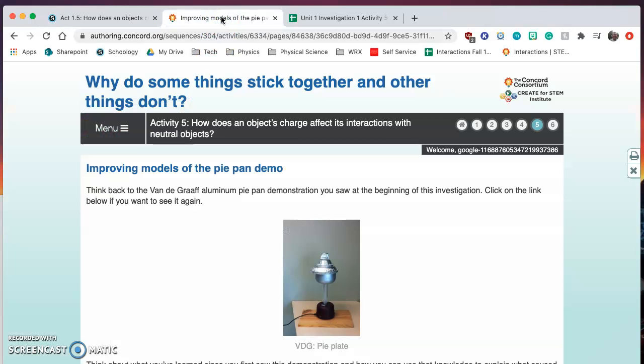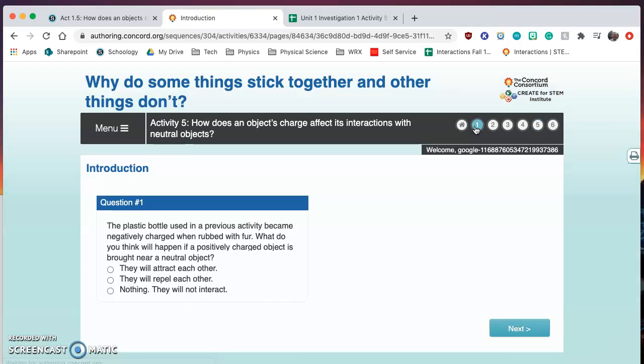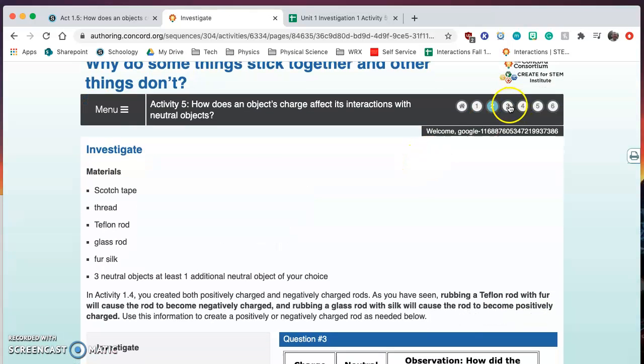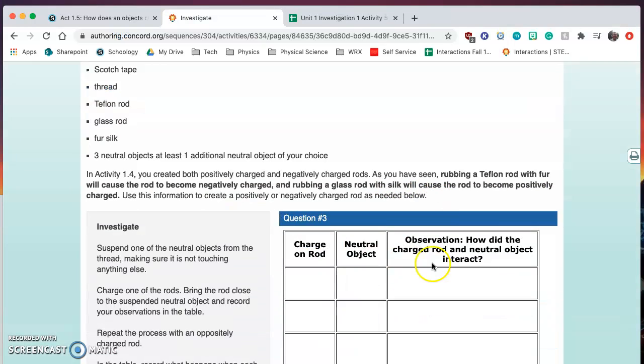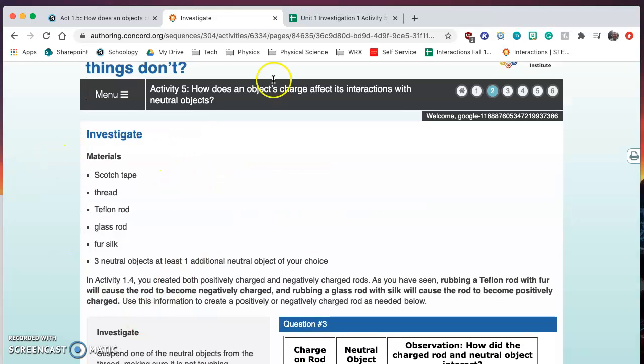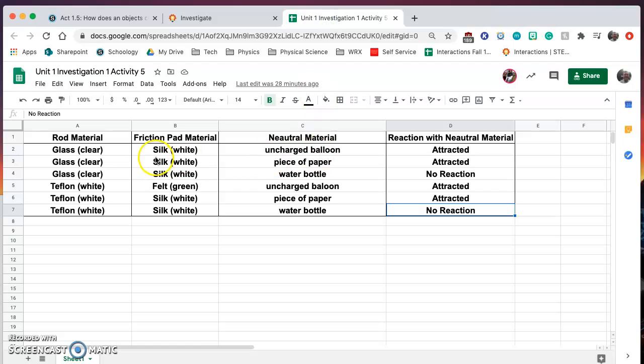Okay, so again, I would start on our Concord website. As you go through here, a couple things that it's going to ask you for. As you get to the second and the third page, it's going to start to reference that experiment data. Again, I know we don't have these materials, so that's where you should be able to use this data. All right. It mentions